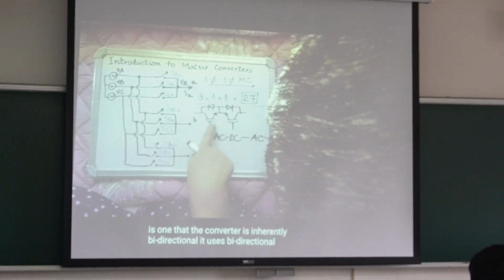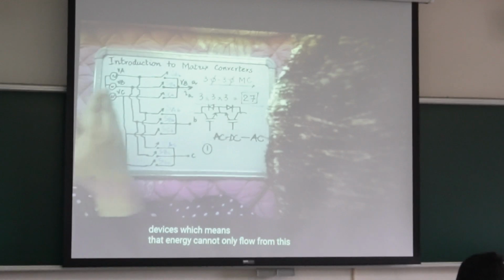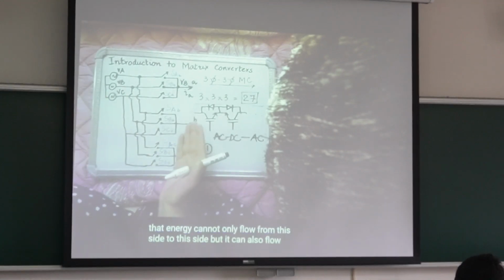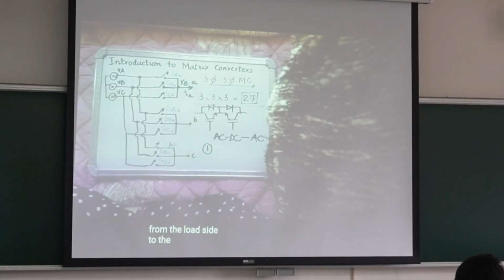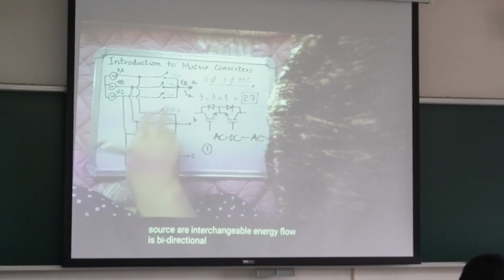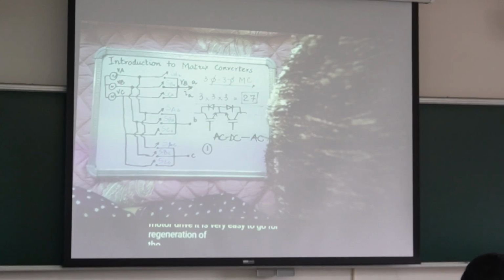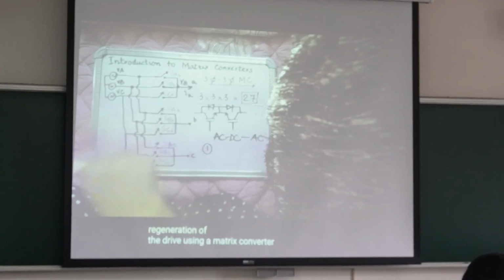bidirectional. It uses bidirectional devices, which means that energy can flow not only from the source side to the load side, but it can also flow from the load side to the source side. So the load and source are interchangeable. Energy flow is bidirectional. If you're using a motor drive, it's very easy to differentiate the generation of the drive using a matrix converter. The second